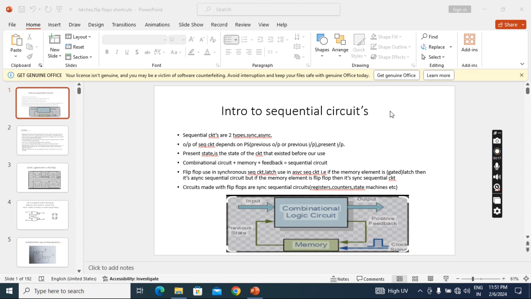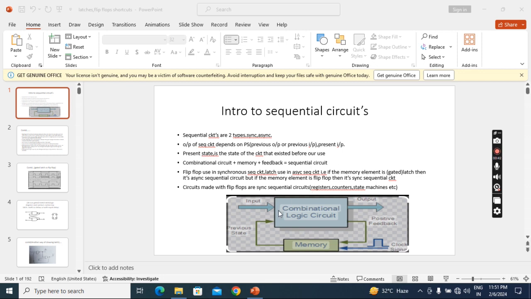The coming output of a sequential circuit depends on the existing output and the present input. The existing output is also called the present state of the circuit, and compared to the coming output, this present state is the previous output. Okay,